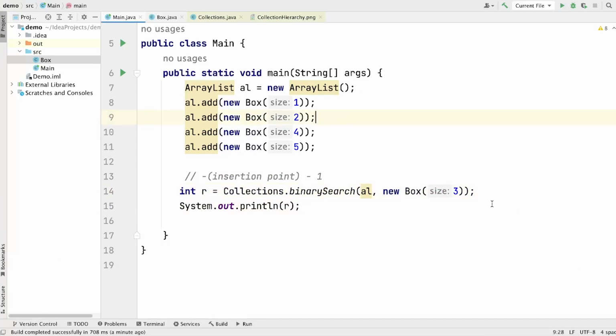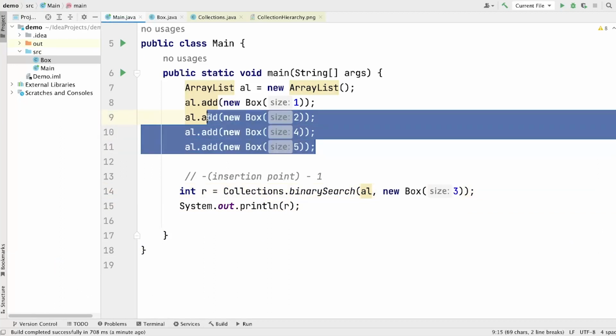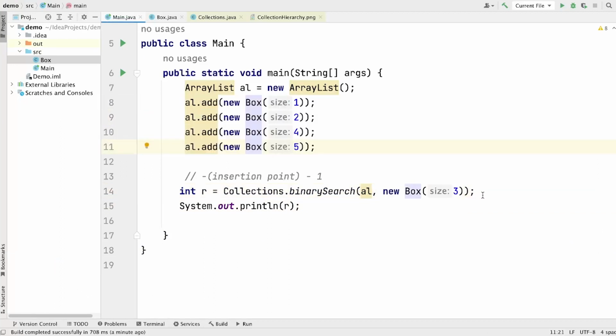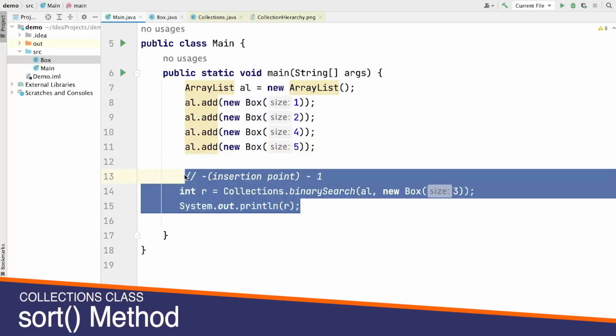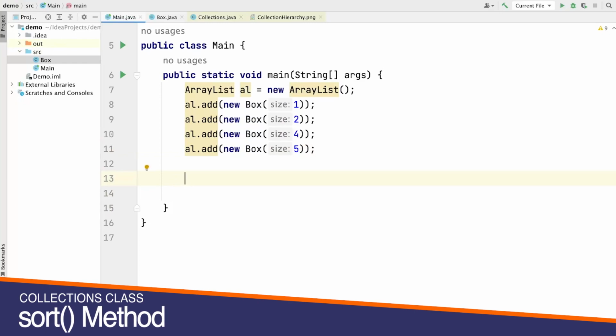And guys, one more thing to remember, binary search internally uses the binary search algorithm to find the specified keys in the list of objects. I hope this is clear to you. So guys, let's move on and see the next method, that is the sort method. So let's call